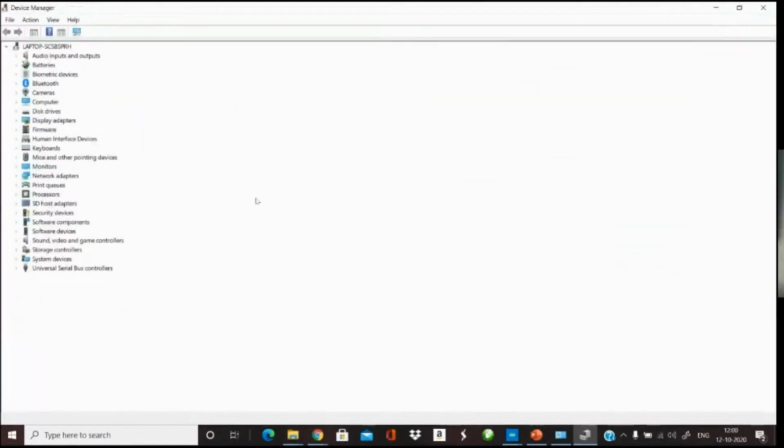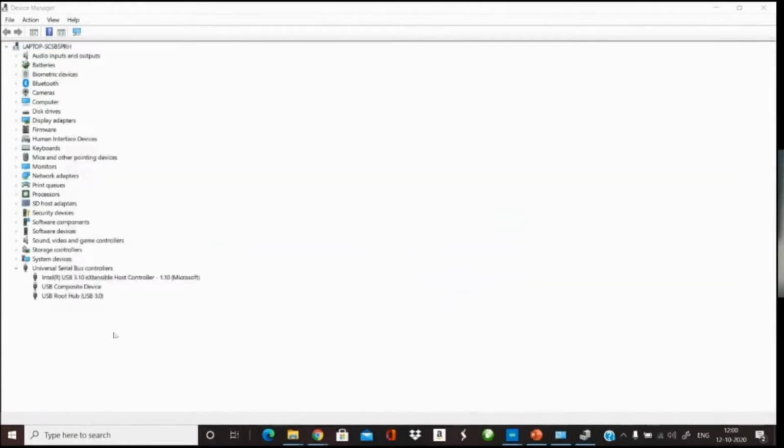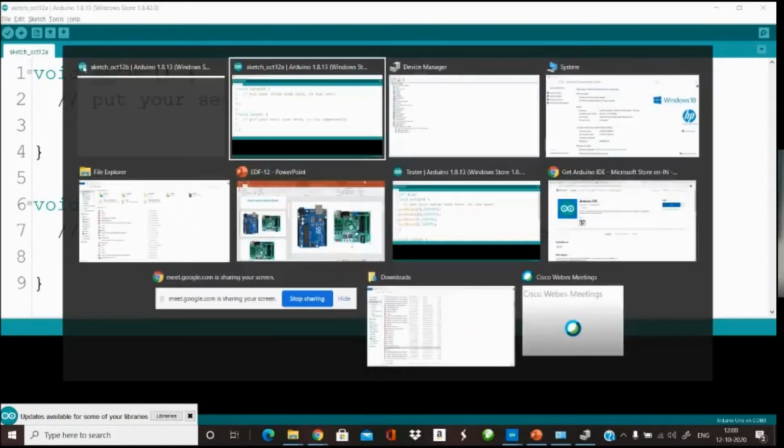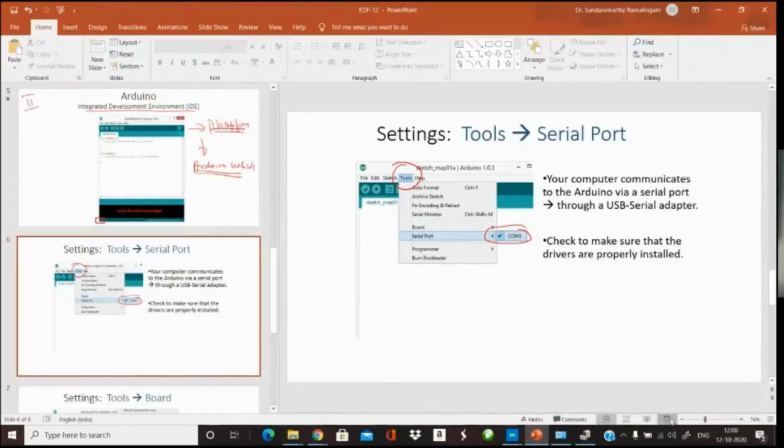In the Device Manager, you have options for USB. Now we do not have any board connected. Once you have the board connected to this laptop, you can see the connection here. Typically COM1 or COM2 or COM3, depending upon your communication port, it will appear here. So where exactly the board is connected, that you have to indicate here. So that is one thing.